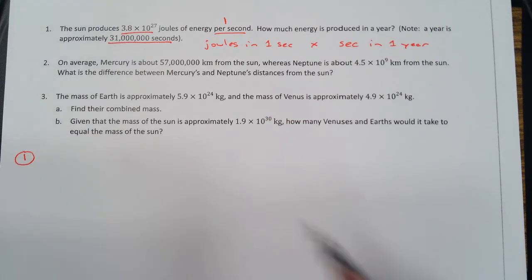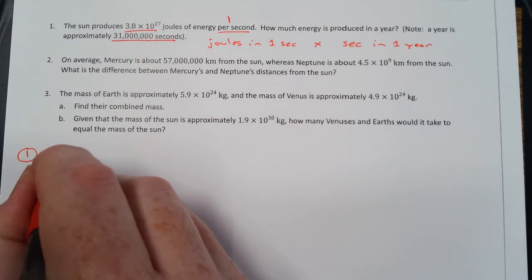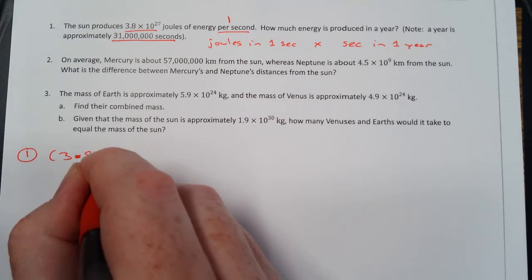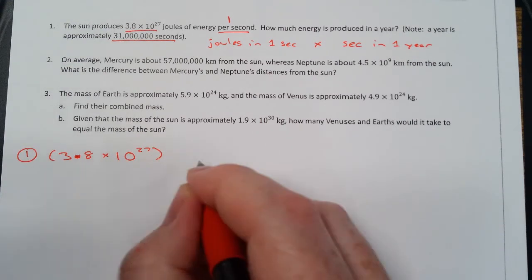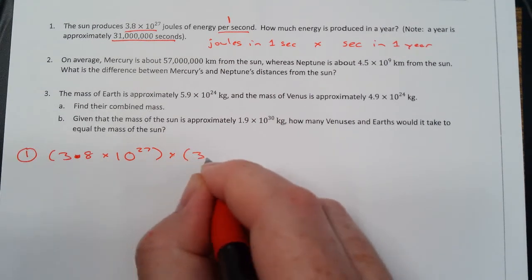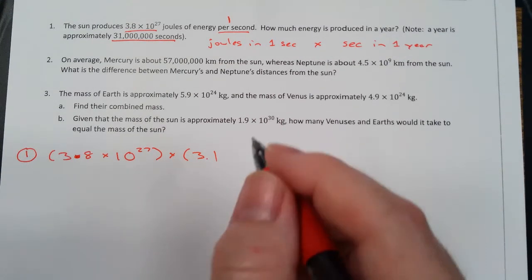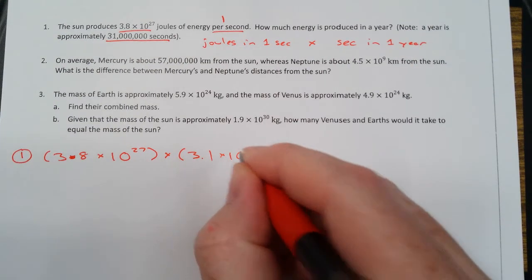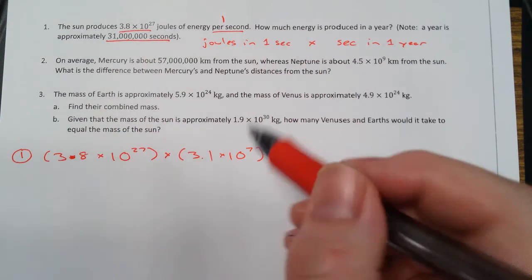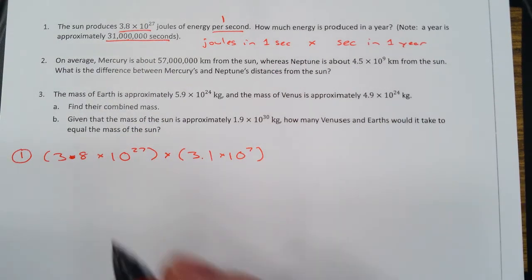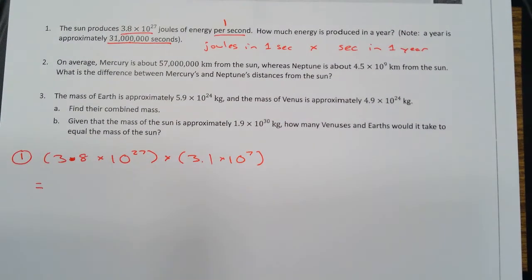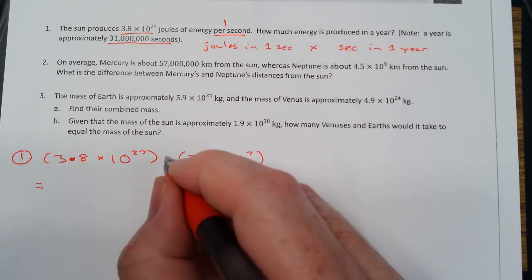So for number 1, you need to take the joules in 1 second, 3.8 times 10 to the 27th. That's how many are in 1 second from the sun, times 3.1 times 10 to the 7th, which is how many seconds in a year changed into scientific notation. So I'd like you to try that. You can try it on your own. That is how you do it. It's a multiplication